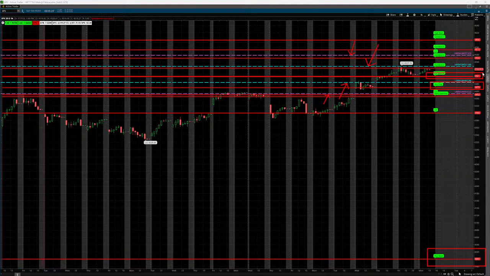The next level is 4,500. That is the absolute gamma strike. That's the strike with the largest absolute gamma, and that level did not change from Friday. And then finally, most significantly, the call wall is now up at 4,600. That is the strike with the largest net positive gamma, and that can be expected to act as resistance. By shifting up from 4,500 on Friday to 4,600, that raises the potential ceiling for price. So the price range now is looking up past 4,500 up to 4,600. So that is bullish.